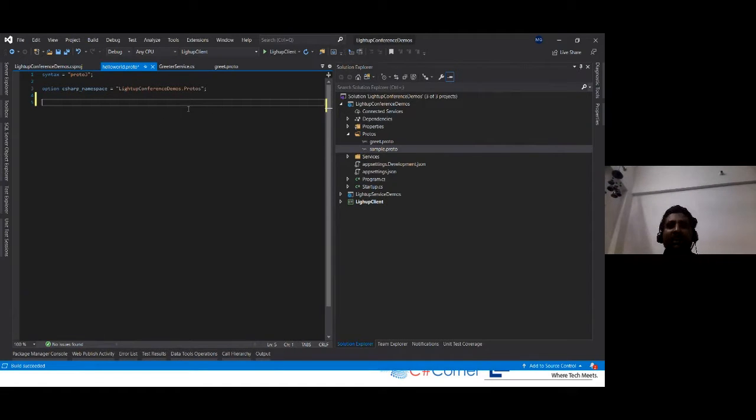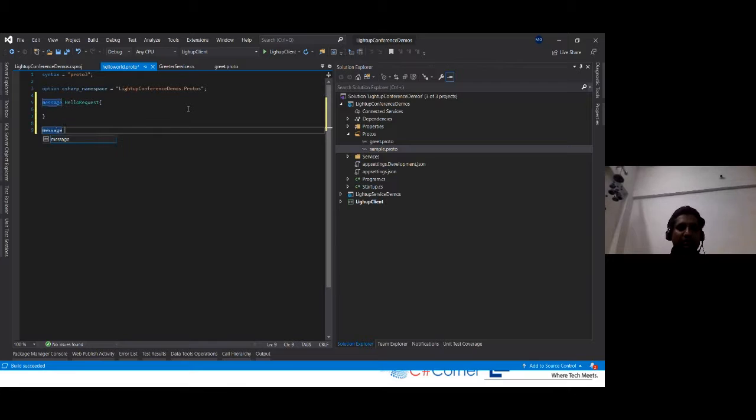Now to define the service, the first step is, according to me, and you can take whatever approach you want, you can define the service first and then define your messages, but the convenient way is to define our messages first. So my messages will be hello request, which will return hello response.